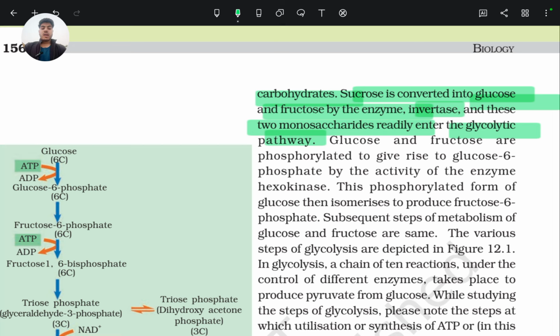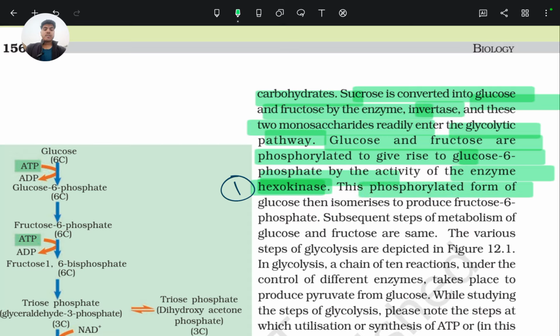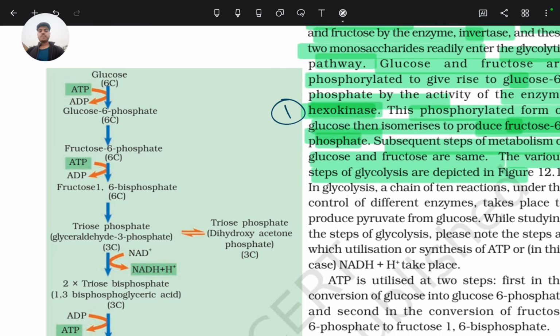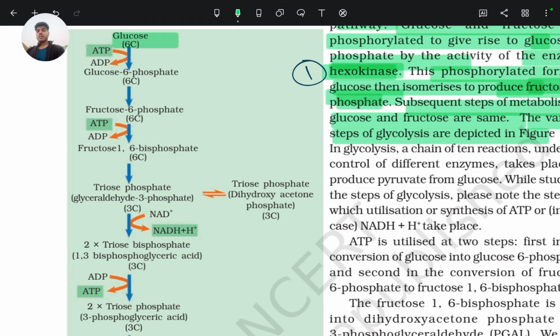pathway. Glucose and fructose are phosphorylated to give rise to glucose 6-phosphate by the activity of the enzyme hexokinase. So this is the first step enzyme. This phosphorylated form of glucose then isomerizes to produce fructose 6-phosphate. Then the subsequent steps of metabolism of glucose and fructose are the same. The various steps of glycolysis are depicted in the figure. In this step, glucose, at the cost of 1 ATP,